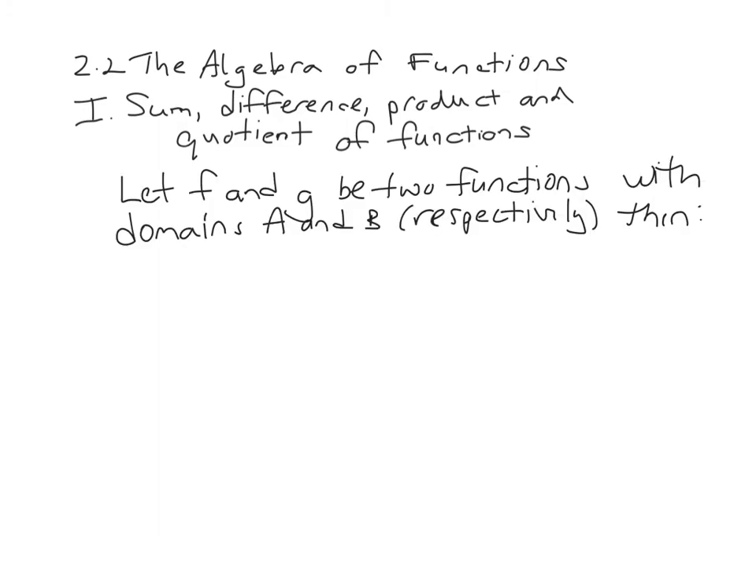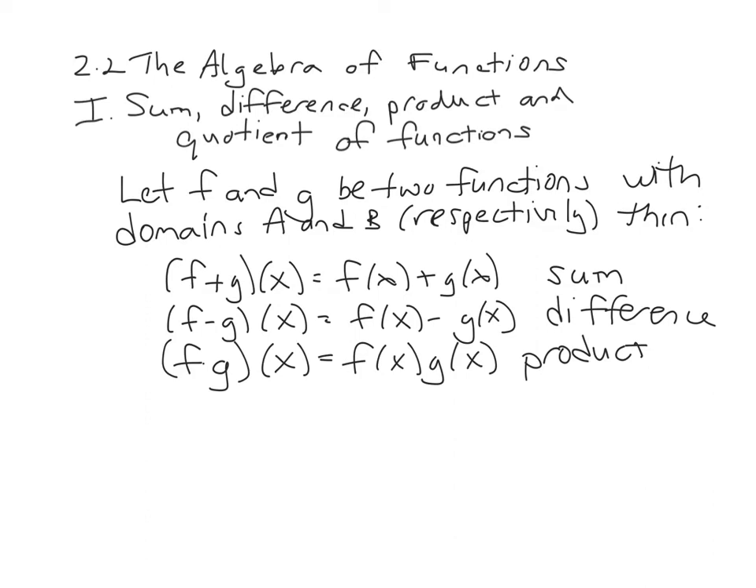So we're going to let f and g be two functions with domains A and B respectively. Then, to add, f plus g of x is f of x plus g of x. To get the difference of f and g, we take f of x minus g of x. And finally, to get the product of f and g, we take f of x times g of x. The domain for all of these functions is going to be the points they have in common